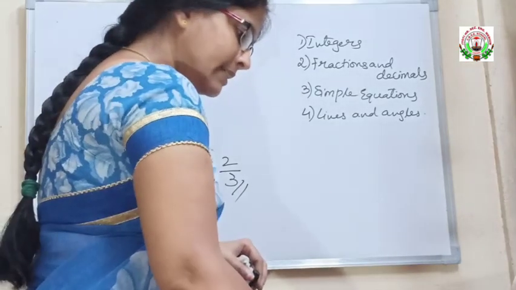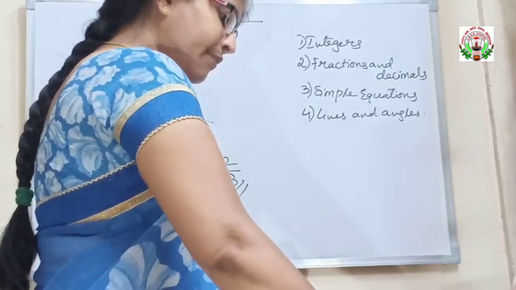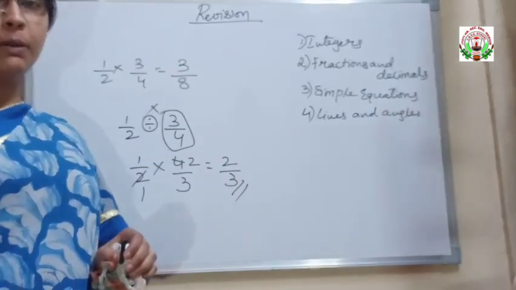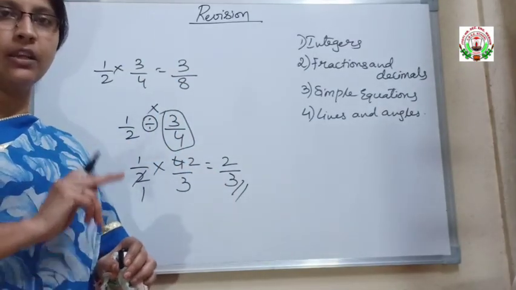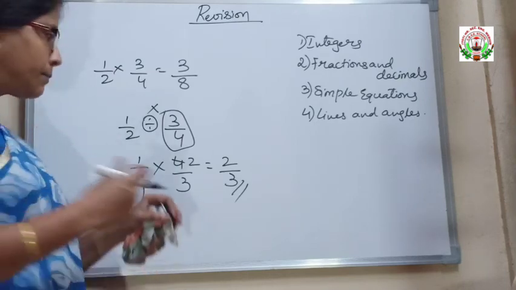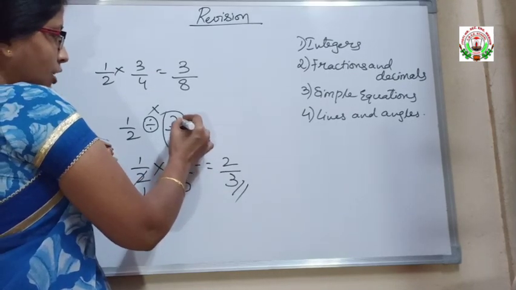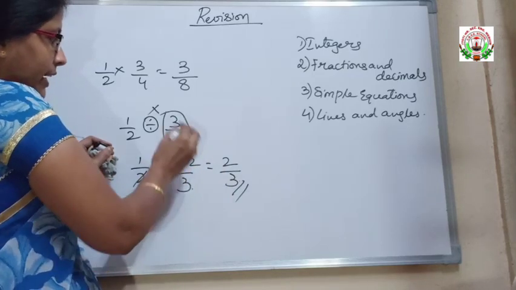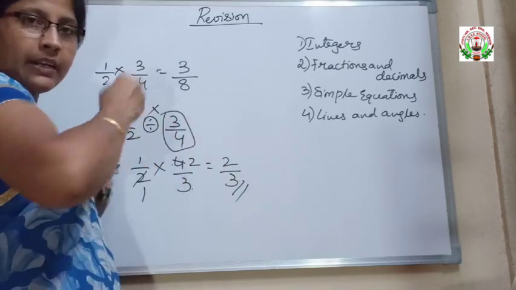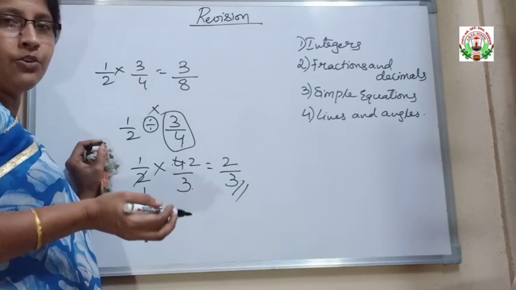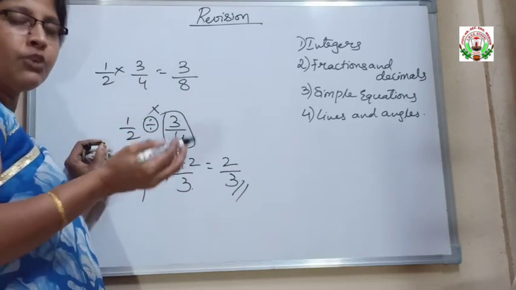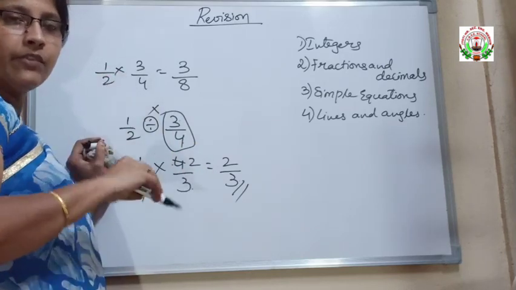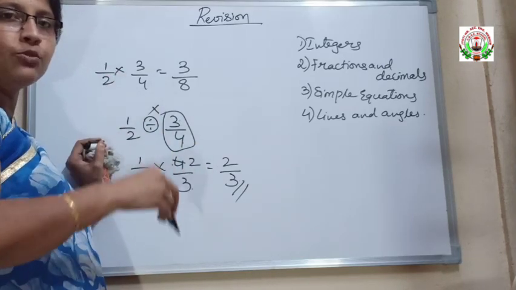Next topic is the reciprocal. The reciprocal of a fraction is obtained by inverting it upside down. You have to remember this. Means we write the numerator into the denominator and the denominator into the numerator. We are reversing this to write the reciprocal. So you write the reciprocal for changing the division sign into a multiplication sign and do the divisions.